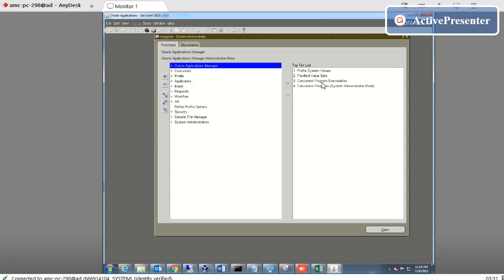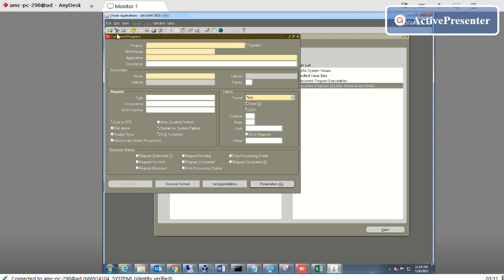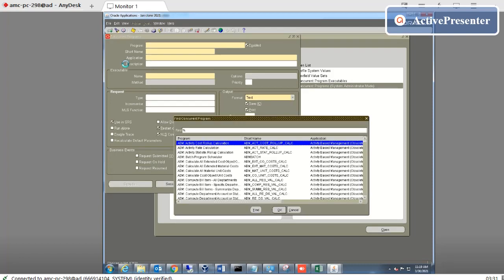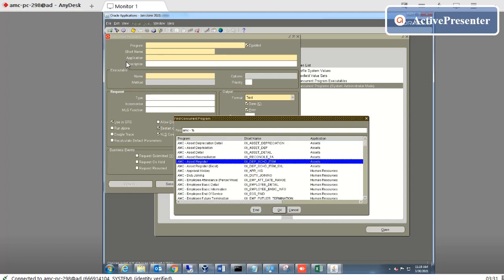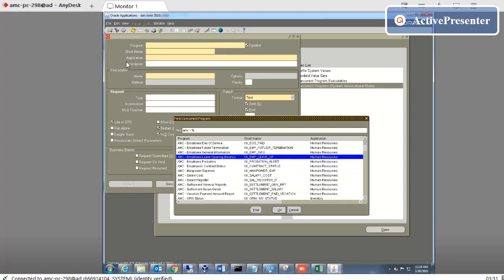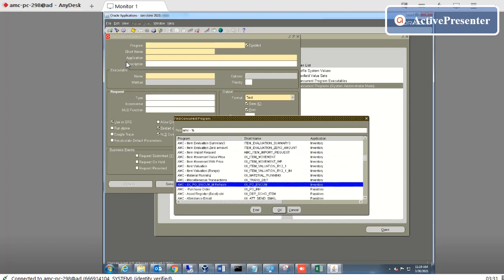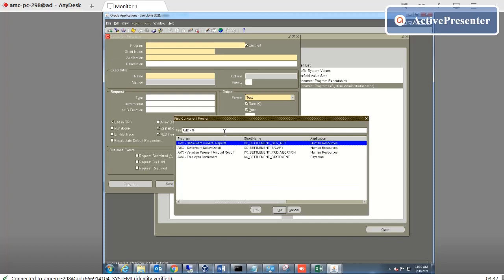Here is the concurrent. Some are in XML, some are in RDF layout. So all these reports we have already created. Let me show you the settlement report. Better to look at the employee settlement.